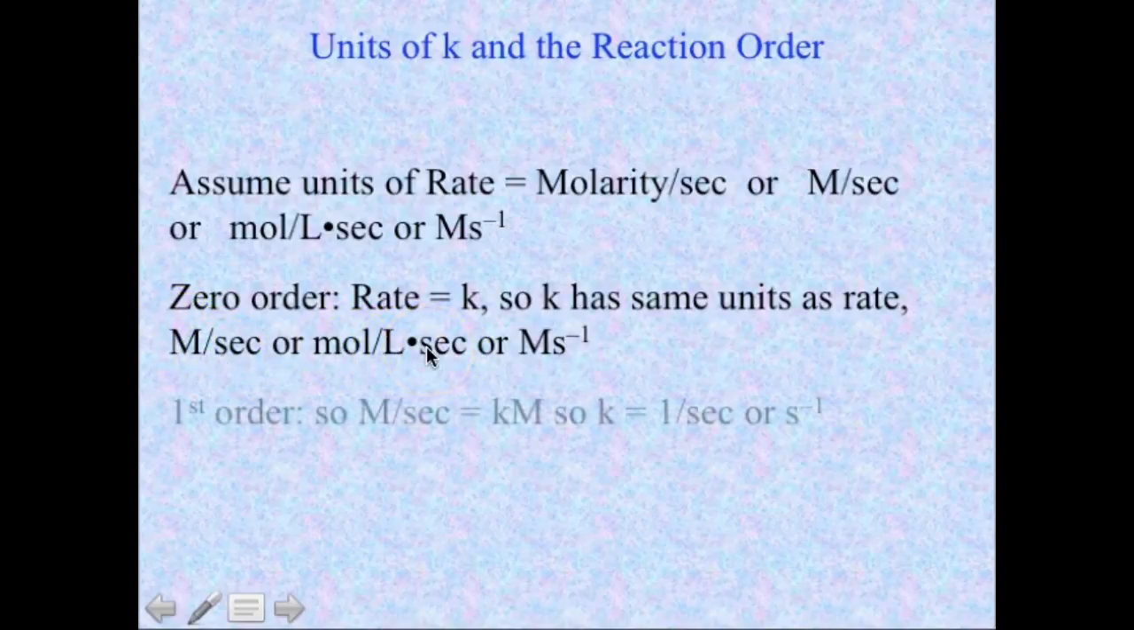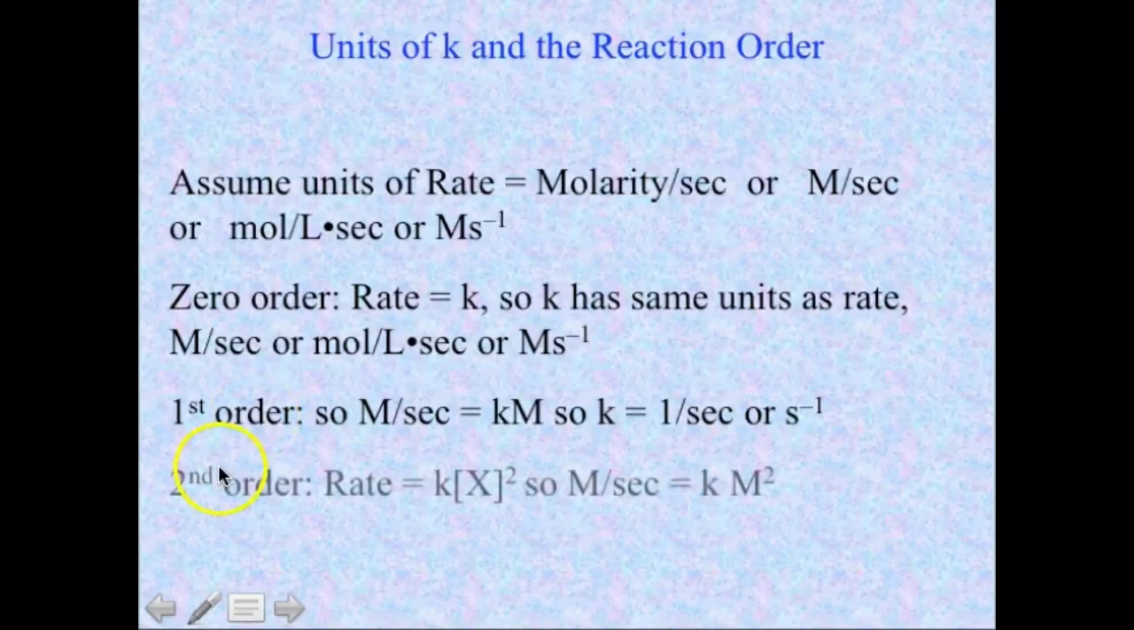For first order, the rate, which is molarity per second, equals K times molarity. So the units of K are going to be 1 divided by seconds, or seconds minus 1. So if we have a rate constant given to us, and the units of that rate constant are S to the minus 1, or 1 over seconds, that means it's a first order